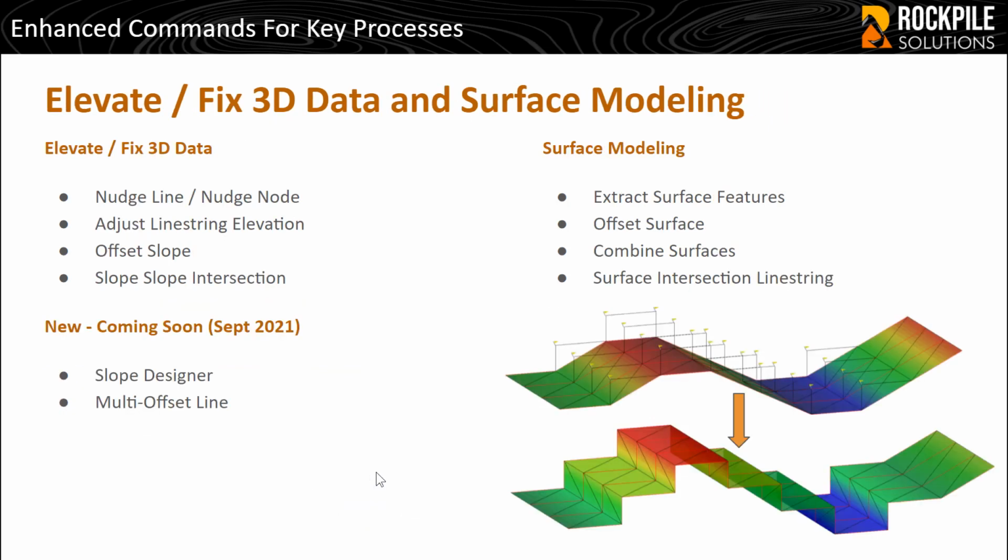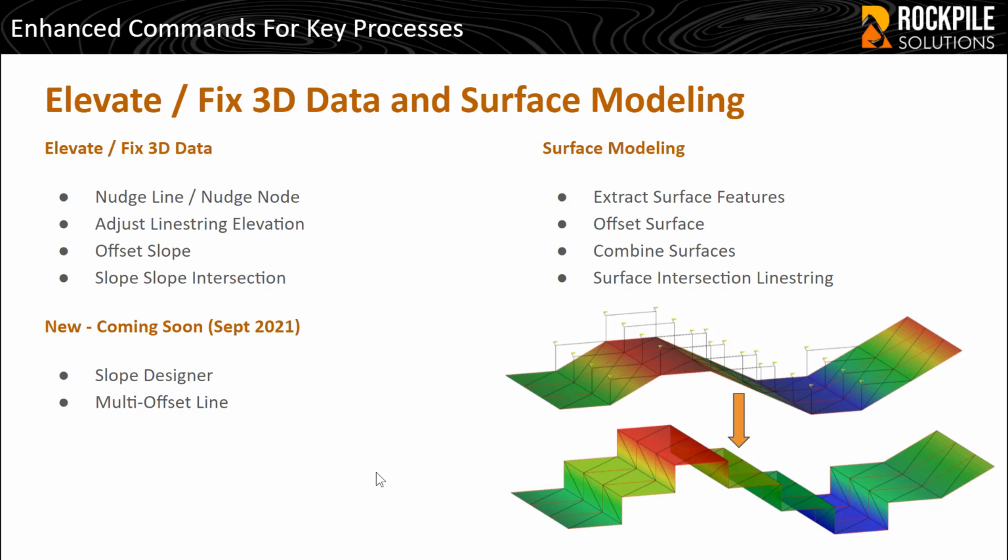Elevating and fixing 3D data and surface modeling is the next step of the process once we have clean data. In this case, we can elevate and fix 3D data using commands like nudge line. In the diagrams here, you can see some cross-section work, but it works just as well for retaining walls, where the top and bottom of the retaining walls are in the same location but at different elevations. In this case, it shows a series of nodes for a series of walls or trenches or key-in slopes, and here it's calculating and moving the points around and moving the lines around so that it actually automatically allows me